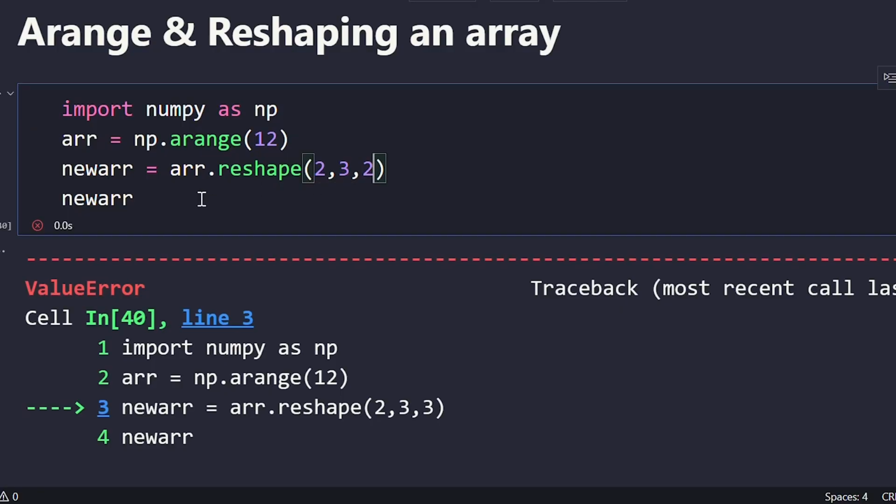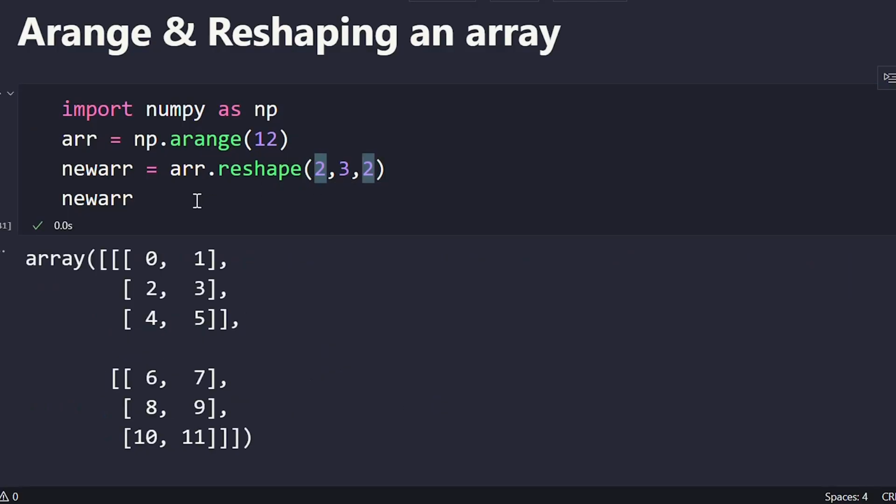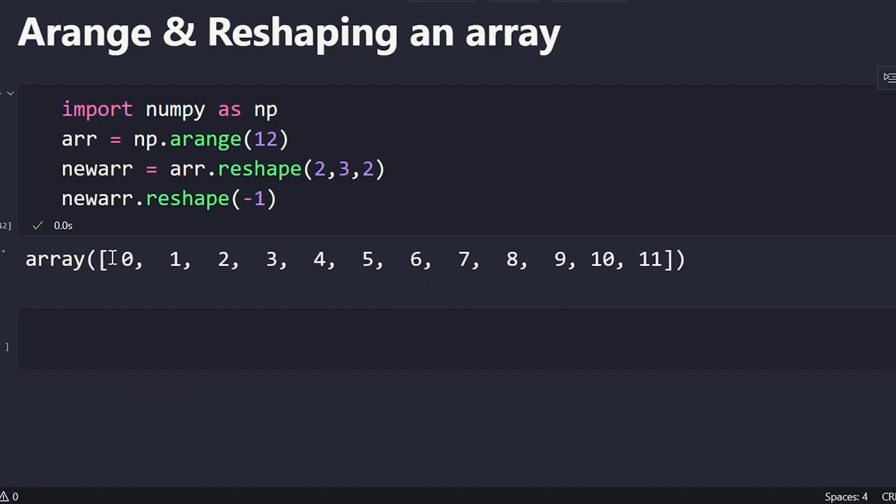We may need to convert it back into a 1-dimensional array. That is called flattening an array. We use the reshape function again. Inside the reshape function, we need to pass -1. This will convert it back to a 1-dimensional array. Let's run this. You see, it converts back to